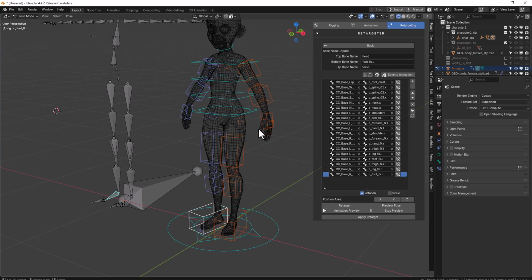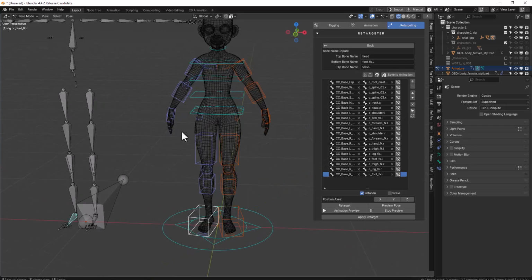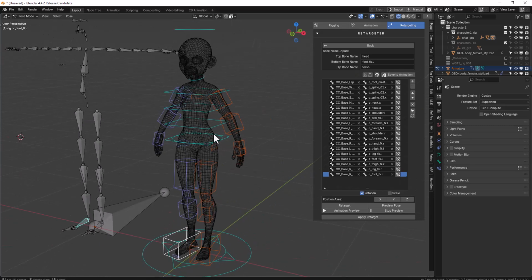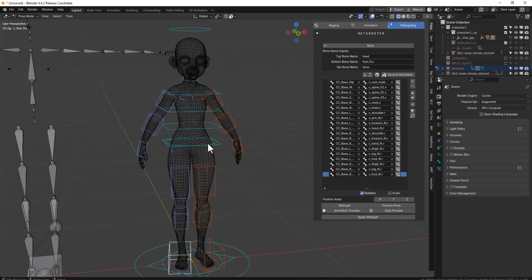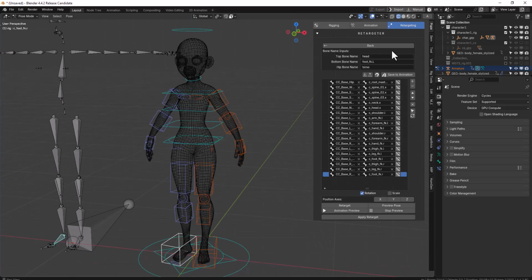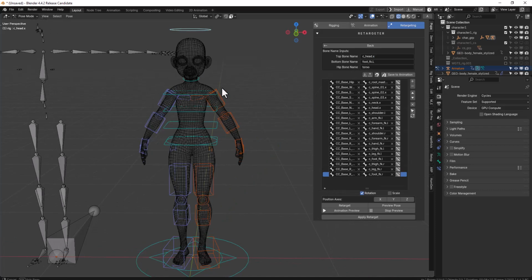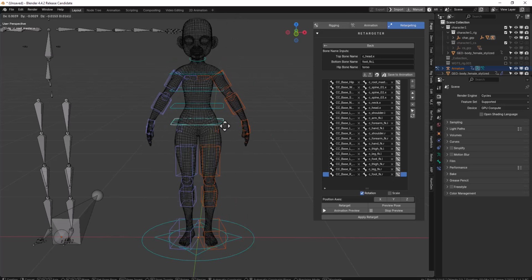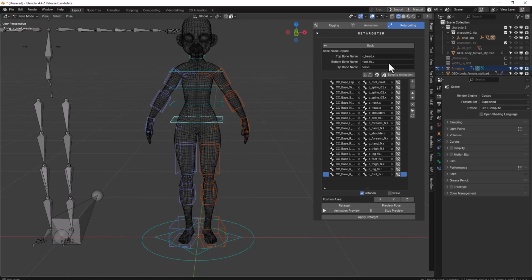Though advice, if you have fingers, the animation preview might be slower since it's processing multiple bones to calculate the pose, but during playback it's fast. Okay, so once you've added all these names, the next is this input. So you want to select your head and set it at the top. For your hip, we want to select the hip